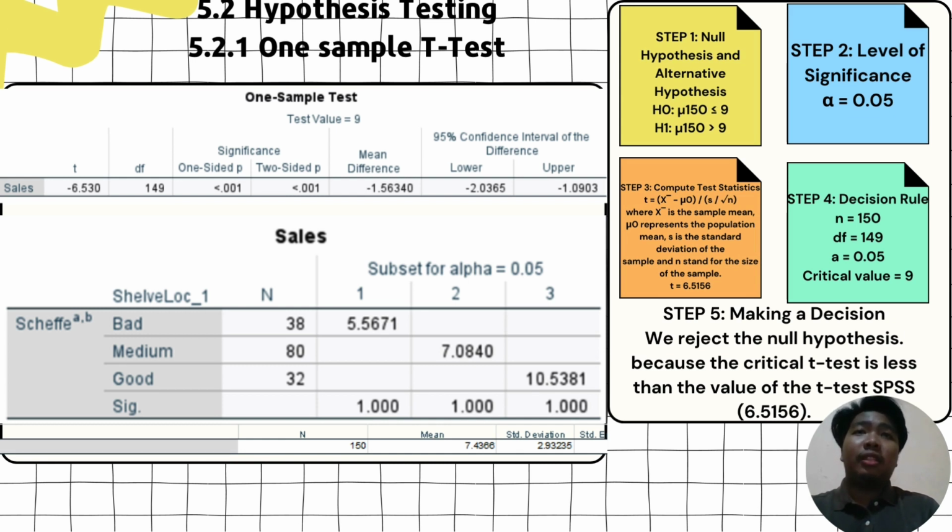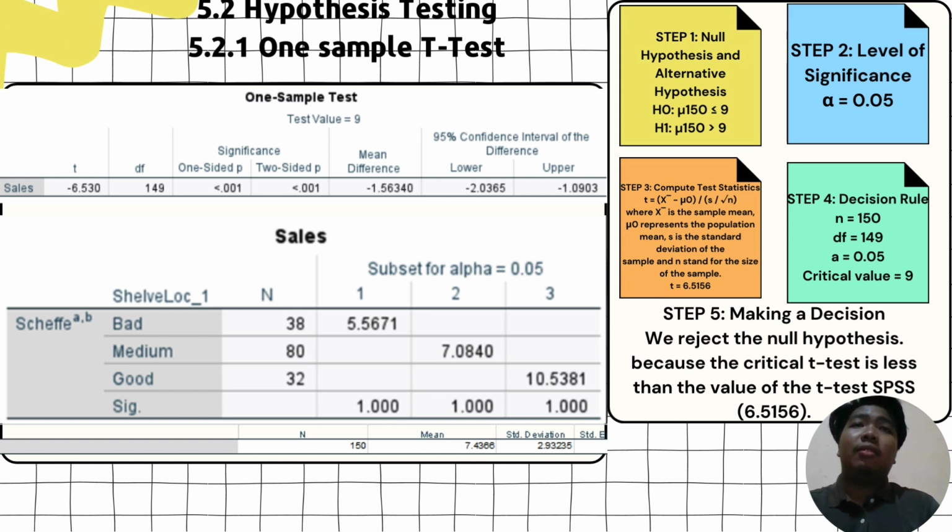Step 3, computing the test statistic. We use t equals (x bar minus mu 0) divided by (s divided by the square root of n), where x bar is the sample mean, mu 0 represents the population mean, s is the standard deviation of the sample, and n stands for the size of the sample. So t equals